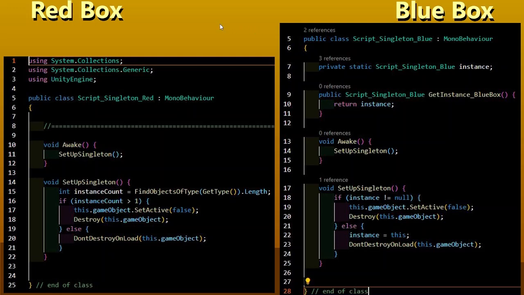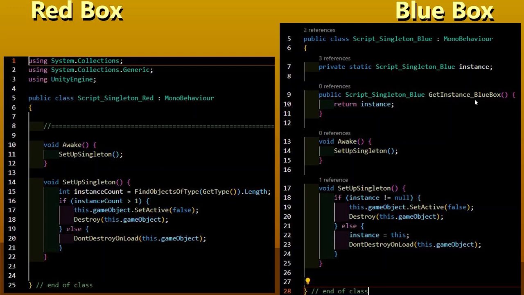And now we are introducing the static instance script, singleton blue. Now it's looking more like a singleton, right? We're also introducing a getter function, in fact a custom getter function, which is called getInstance.